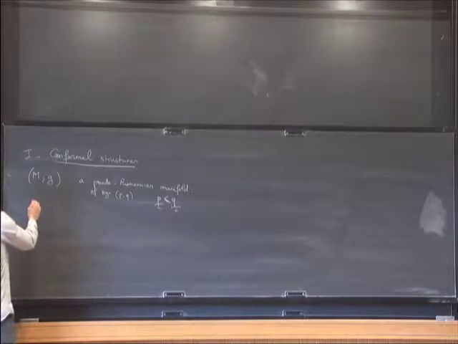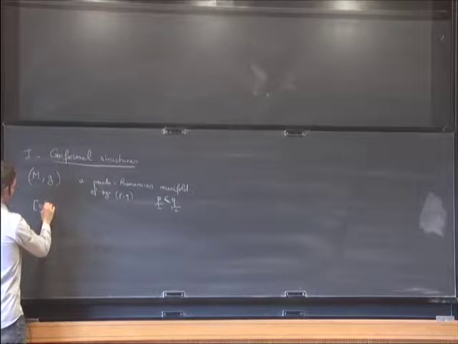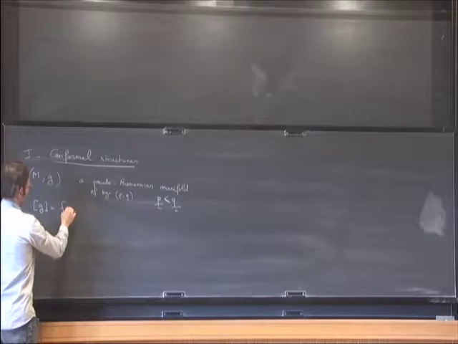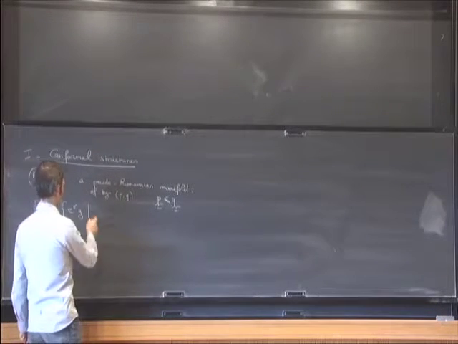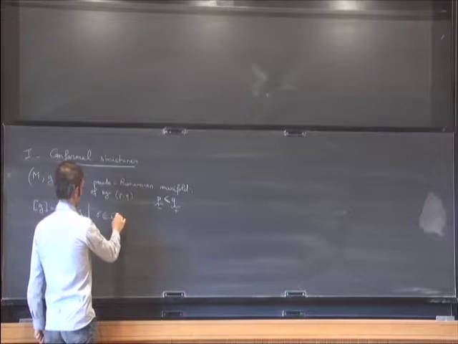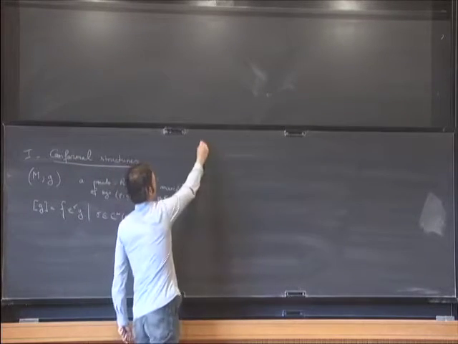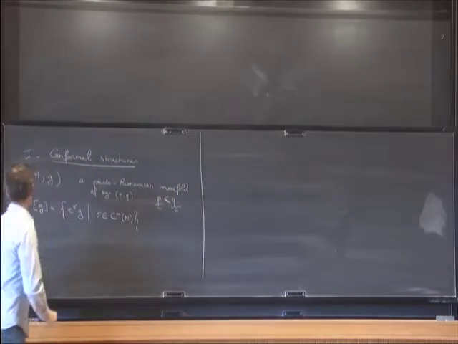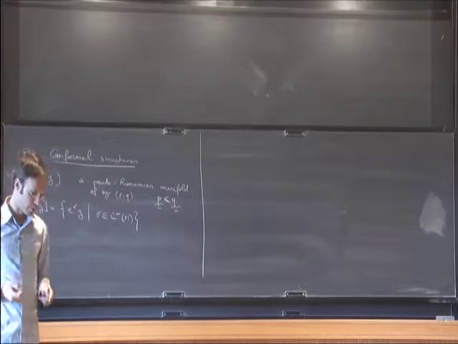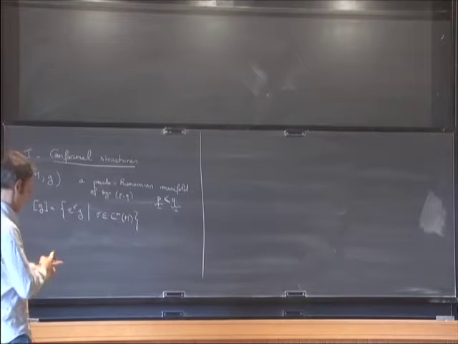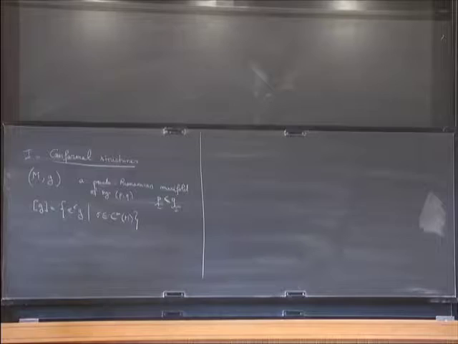And we will also be interested in another structure, which is a little bit weaker, which is the conformal class of a given metric, namely all metrics obtained from one metric by multiplication by a smooth positive function on the manifold. So in the Riemannian framework, the data of a conformal structure is just, you forget the distances and you still have the data of angles between curves that you draw on your manifold.